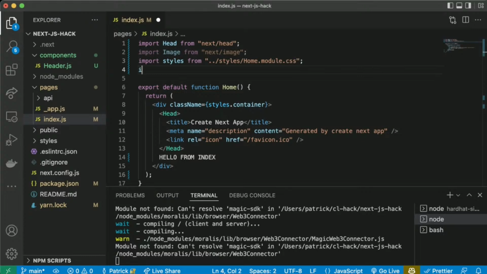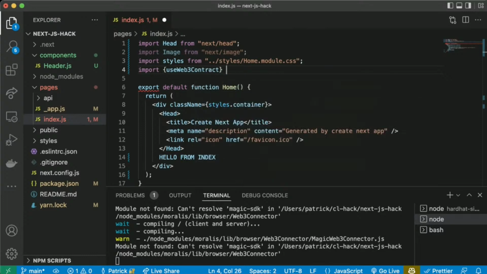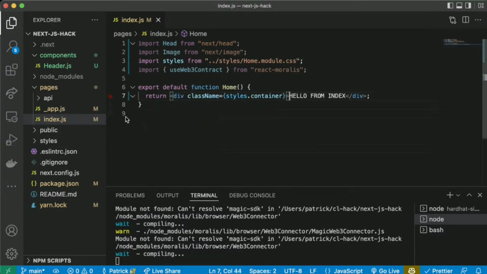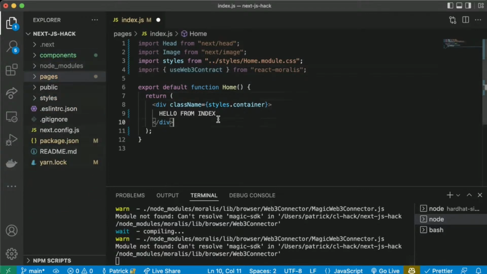So we're going to import useWeb3Contract from react-moralis. And this useWeb3Contract is what we're going to use. I'm just going to delete this head bit because we don't even need that. This useWeb3Contract is how we can actually read and write from our contracts.